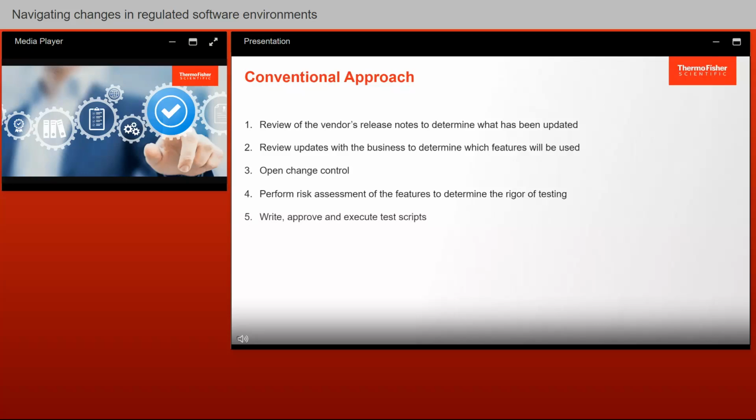Then, depending on what your risk assessment tells you, you do some level of scripted testing to show that when you update that application, the features you brought in work as intended, and as necessary, some regression testing to show that the existing features still work as they should. So doing that, of course, requires time, right? So it either requires time of the people who use the system for its intended use, the existing system personnel, or you have to bring in, and this is pretty typical, someone from the outside to get this work done,